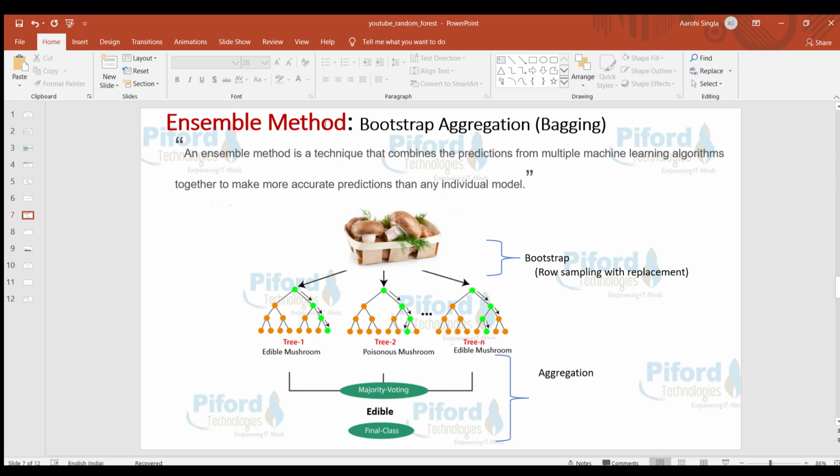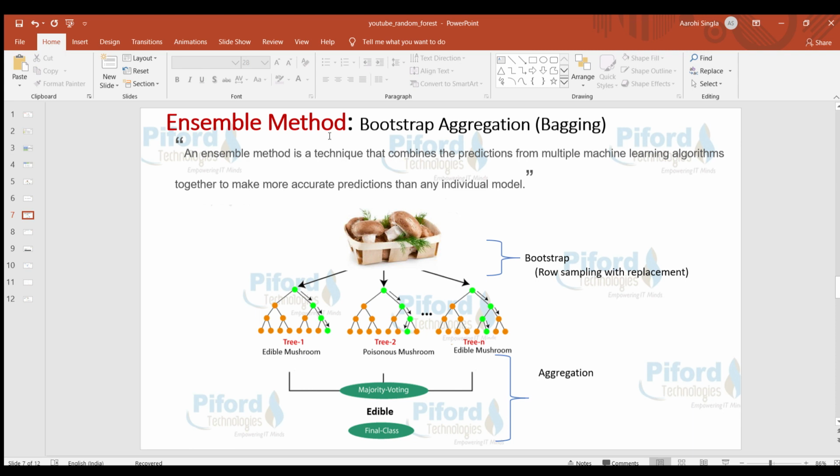And this bagging is an ensemble method. Now what is an ensemble method? See, an ensemble method simply means combining the predictions from multiple machine learning algorithms. So over here, the random forest algorithm is a type of ensemble algorithm, right? Why is random forest an ensemble algorithm?